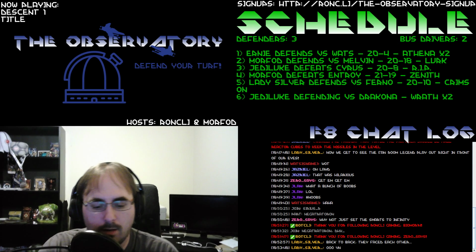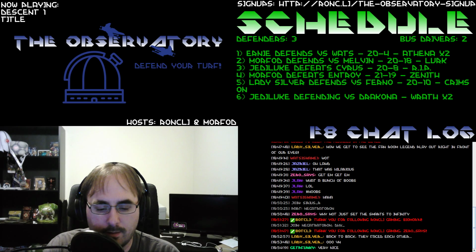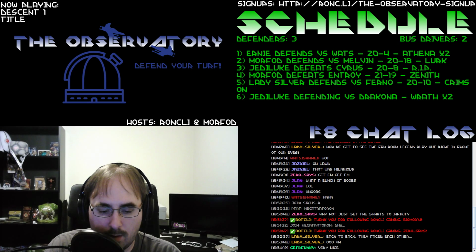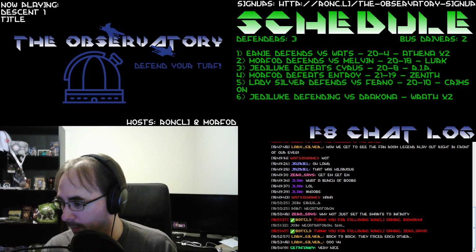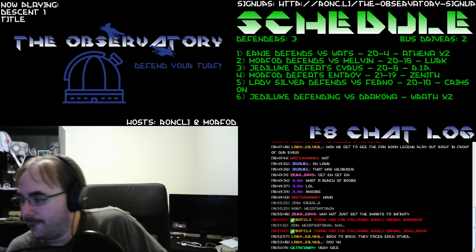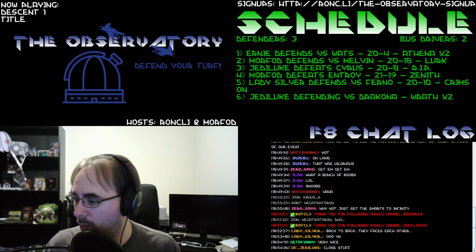So, good game there. Jediluke successfully defending. What's that bring our count for the evening? We have four defenders and two bus drivers thus far. It takes a lot of skill to take somebody to school. Yeah, it does. I think what I'm going to do after this game